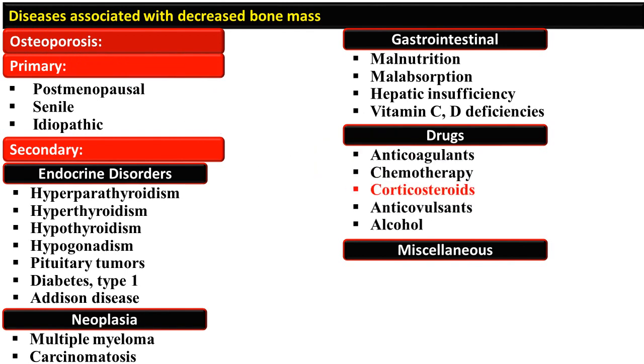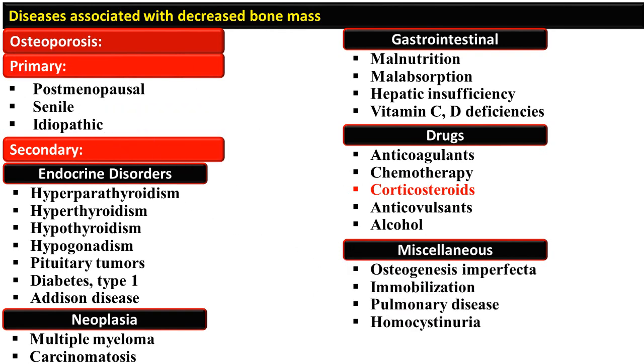Then there are certain drugs which are associated with osteoporosis. One is anticoagulants, and as you know, calcium is one of the factors of coagulation. Some of these anticoagulants are inhibitors of calcium, and hence they lead to osteoporosis. Then corticosteroids are the most common form of iatrogenic